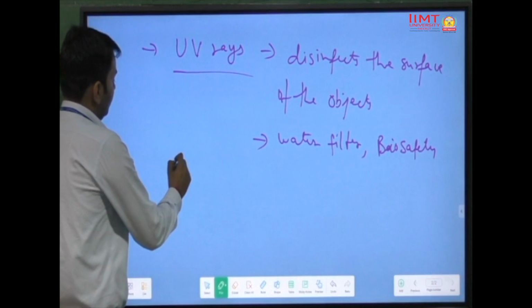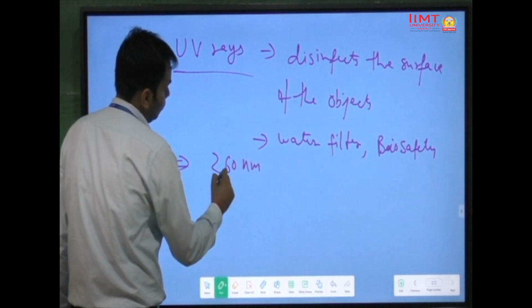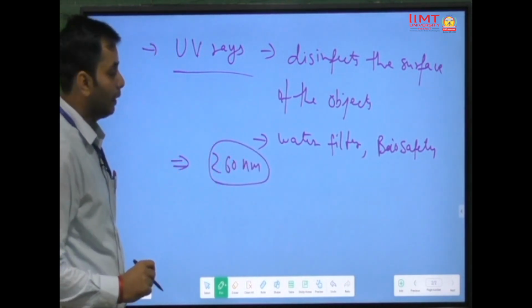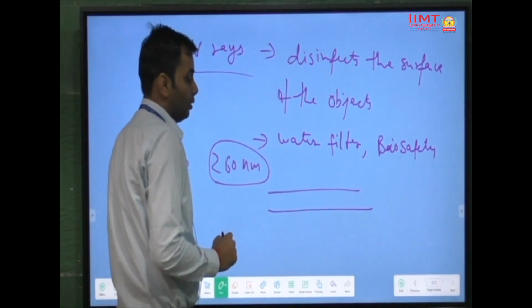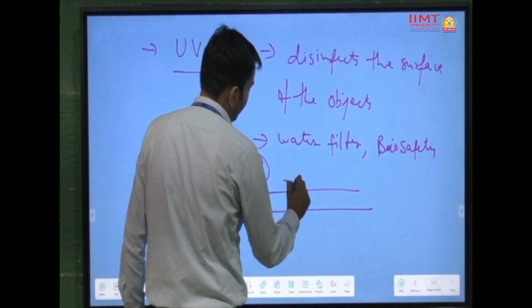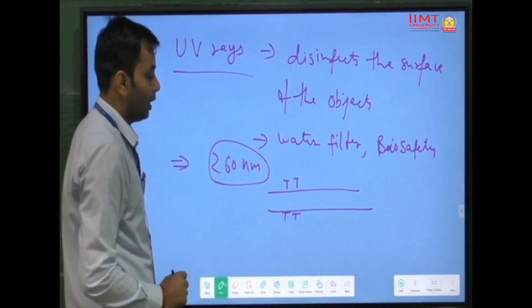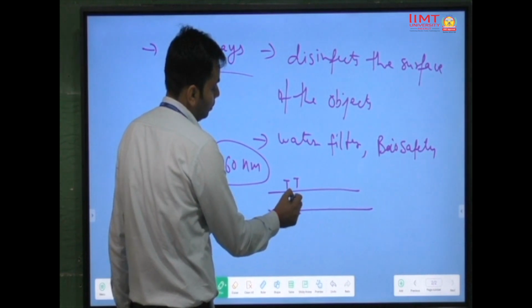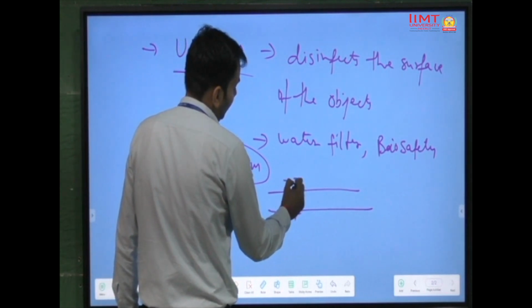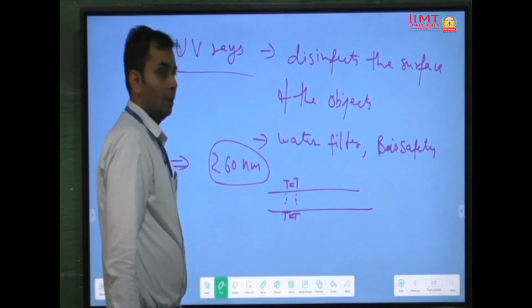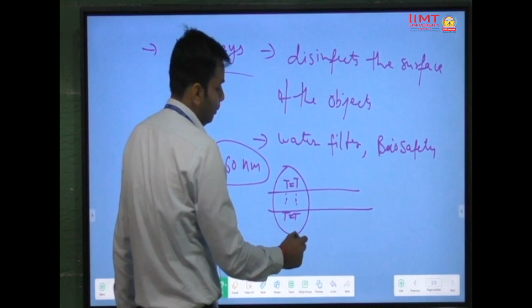So we know that UV rays at 260 nanometer wavelength are quite lethal to DNA. We know that DNA is made up of nucleotide bases, and there are T nucleotides. Here, between the T nucleotides, the hydrogen bonds are split and a dimerization is made over here. So this disrupts the DNA structure at the molecular level, and ultimately